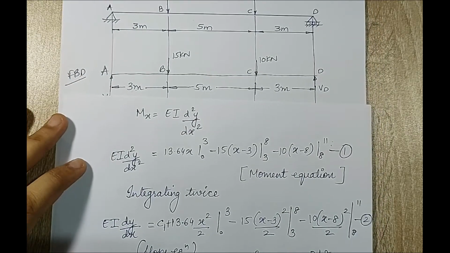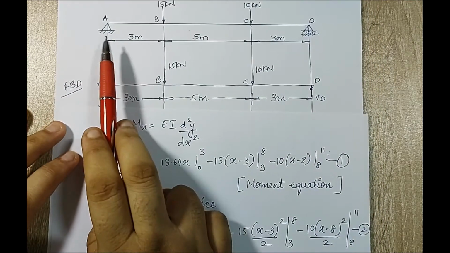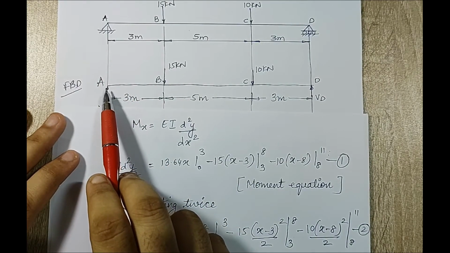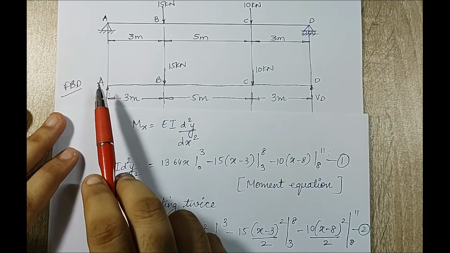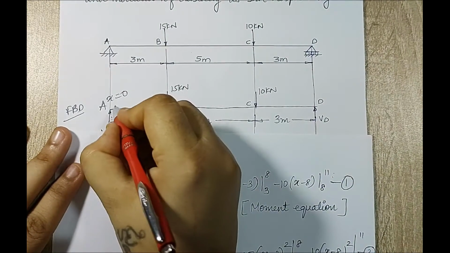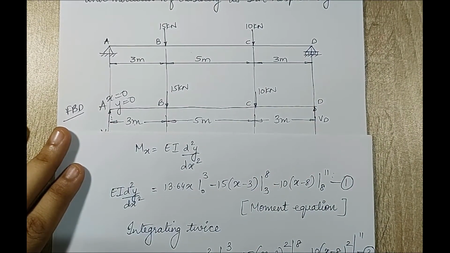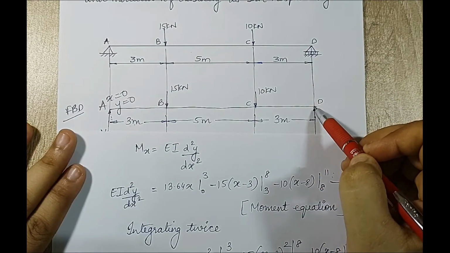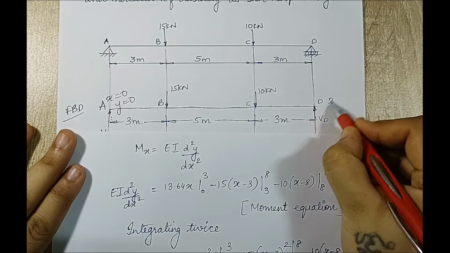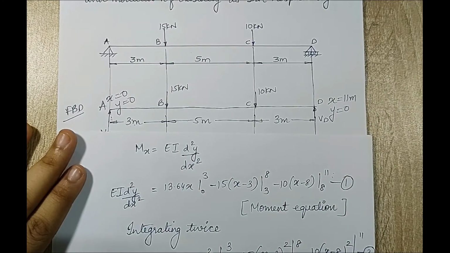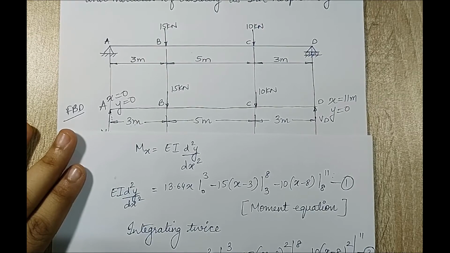By boundary condition I mean, at A you can see there is a hinge. When there is a hinge, obviously this point cannot move along the y-axis. So at this point I can write down that at x equal to 0, my y direction movement is also going to be 0. Similarly for point D, where there is a roller support, this point cannot move up. So here at x equal to 11 meter, again I have the value of deflection as 0. This is called a boundary condition. Generally the boundary condition will always be applied on the support reactions.